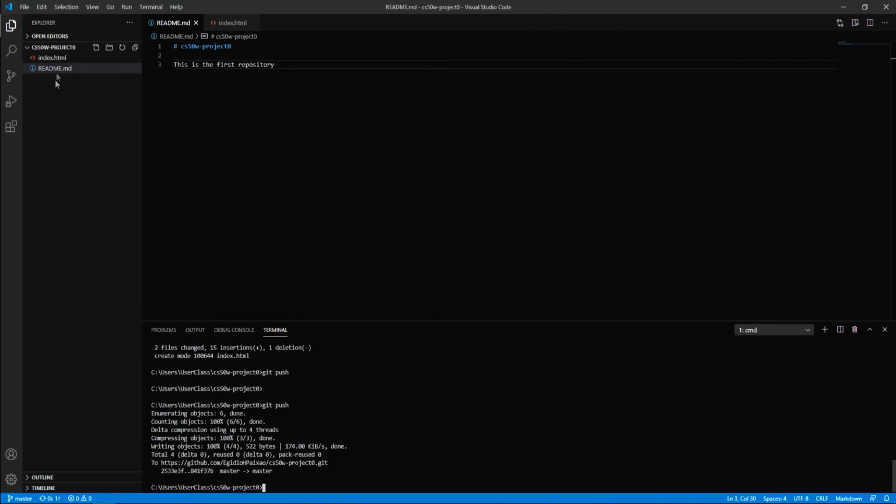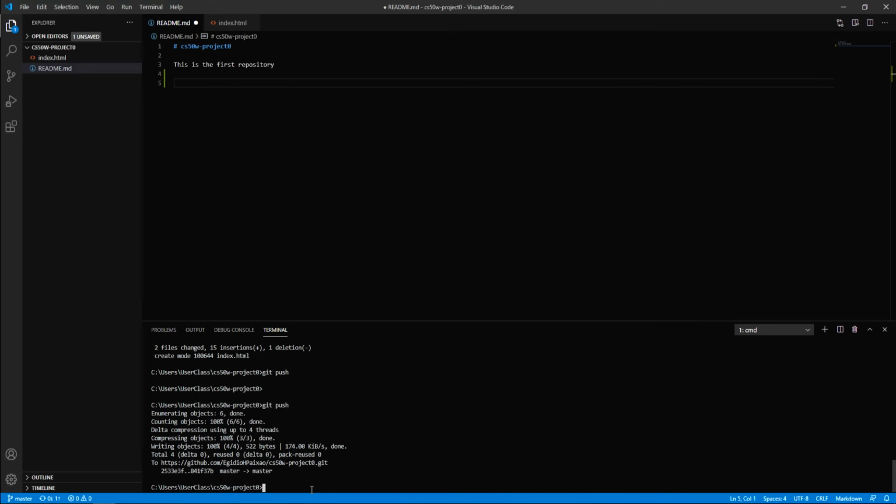But if we check our project here, there's no link. As we had to push the information from the local repository to the remote, now we have the opposite. We have new information in the remote repository, and we need to bring that information to our local repository. If we need to pull this information,